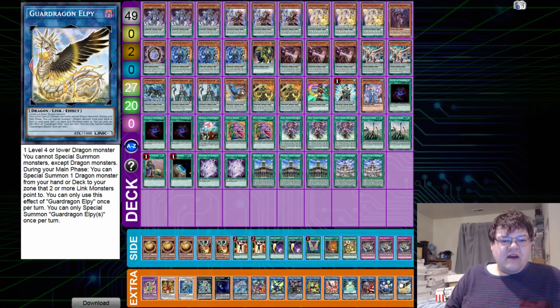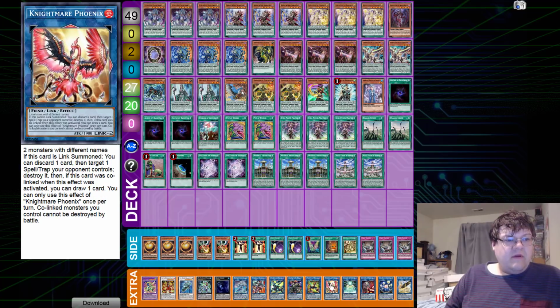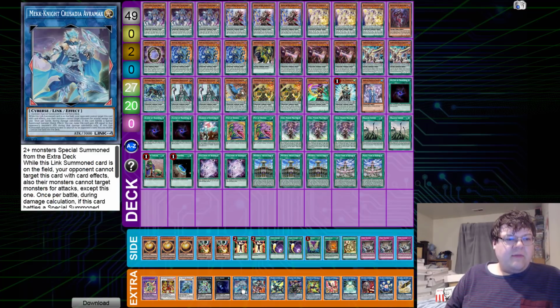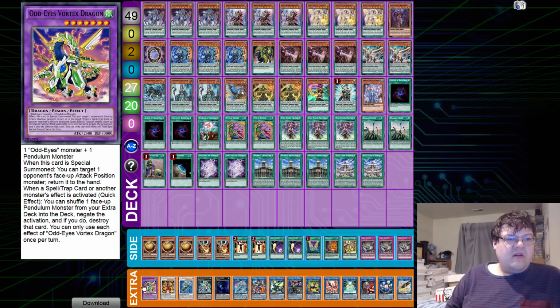Down here in the next deck, we have 1 copy of Alpi, 1 copy of the Heavenly Spheres, 1 Beat Cup, 1 Crowley, 1 copy of Nightmare Phoenix, 1 Triple Burst, 1 Saruja, 1 copy of Boral Sword OTK-kun, 1 Borreload, 1 copy of Avermax, 1 Abyss Dweller, 1 Absolute Dragon, 1 Phaedon Dragster, 1 Meteor Burst, and 1 copy